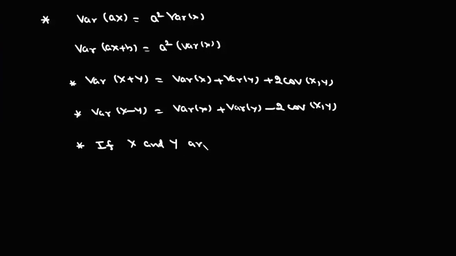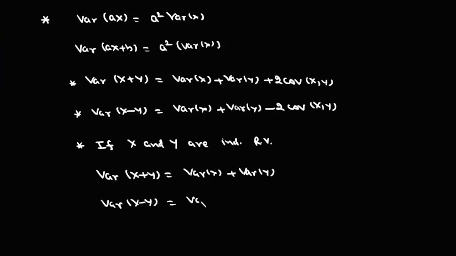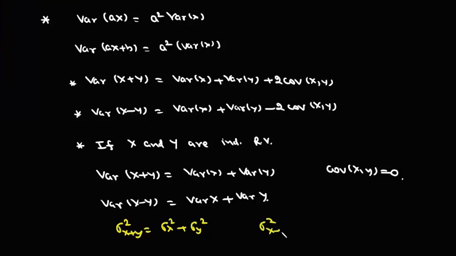इसमें एक रिजल्ट तब आता है कि अगर X और Y इंडिपेंडेंट रैंडम वेरिएबल्स हैं, तो वेरिएंस ऑफ (X प्लस Y) हो जाएगा वेरिएंस ऑफ X प्लस वेरिएंस ऑफ Y, और वेरिएंस ऑफ (X माइनस Y) भी हो जाएगा वेरिएंस ऑफ X प्लस वेरिएंस ऑफ Y। तो उस केस में ये जो कोवेरिएंस ऑफ XY है ये 0 आता है। तो इंडिपेंडेंट रैंडम वेरिएबल्स के लिए हम इसको ऐसे भी लिख सकते हैं कि सिग्मा स्क्वायर (X प्लस Y) बराबर है सिग्मा X स्क्वायर प्लस सिग्मा Y स्क्वायर, और इसी तरह से सिग्मा स्क्वायर (X माइनस Y) बराबर है सिग्मा X स्क्वायर प्लस सिग्मा Y स्क्वायर, सिर्फ तब जब X और Y इंडिपेंडेंट रैंडम वेरिएबल्स हैं।